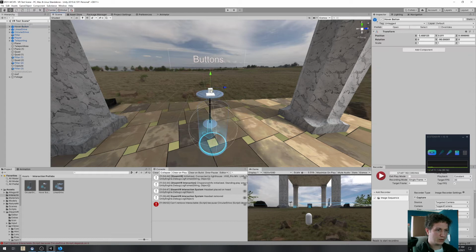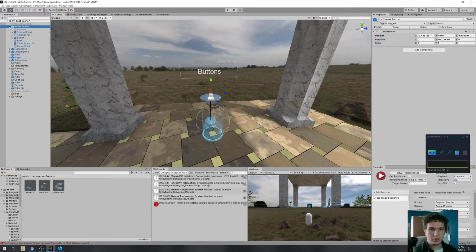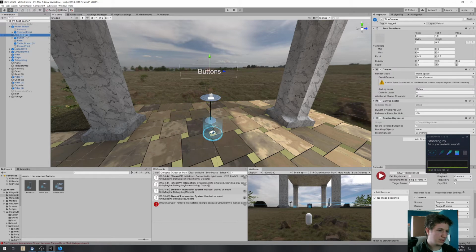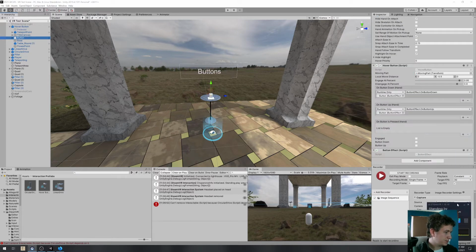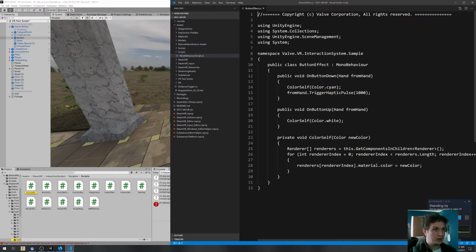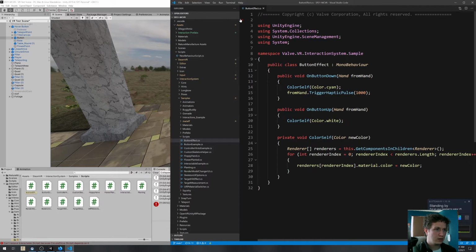So how do we do something with this? If we look at our button and we open it up, the hover button doesn't have anything on it, and so we're looking for the control that spawns a new button in. So teleport point, button, here's the button. And this button effect script is the specific script that we are going to reproduce to make it do something else. So if we double click on this button effect script, we can see